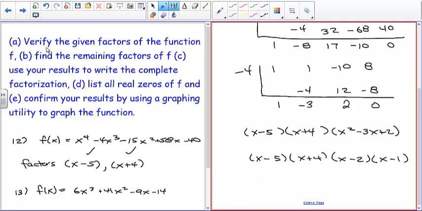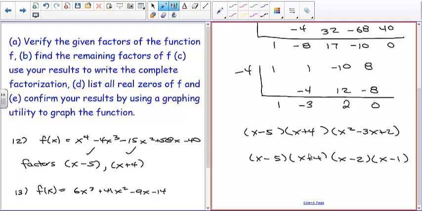So that's part A. Verify the given factors of the function. So that's what we did here. First thing. Find the remaining factors. So we took the remaining quadratic and just factored it. Part C. Use your results to write the complete factorization. There we go. So x to the 4th minus 4x cubed minus 15x squared plus 58x minus 40